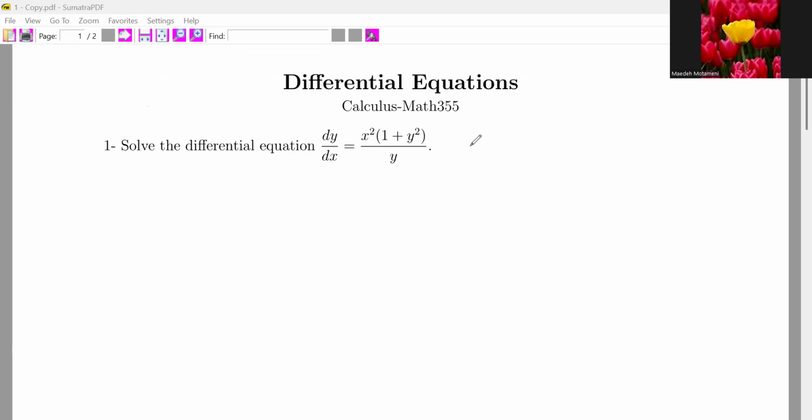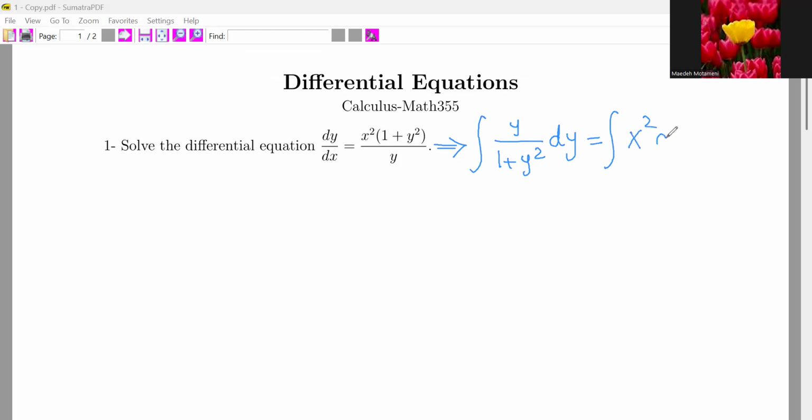In order to see it in a separable way, we are going to change the position of these. You can multiply both sides by y and then by dx, and divide both sides by 1 plus y squared. So we would end up with the integral of y over 1 plus y squared dy,